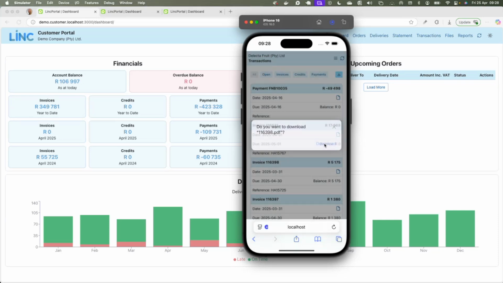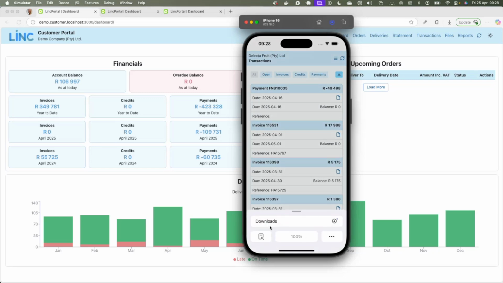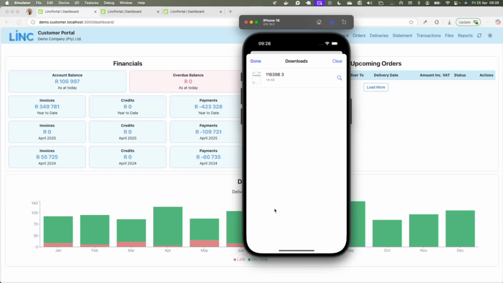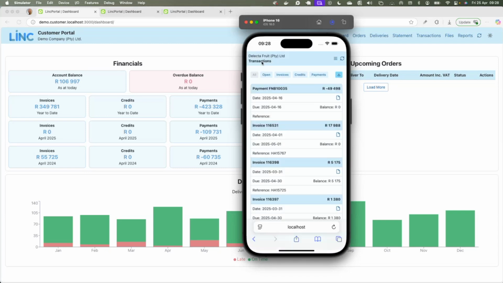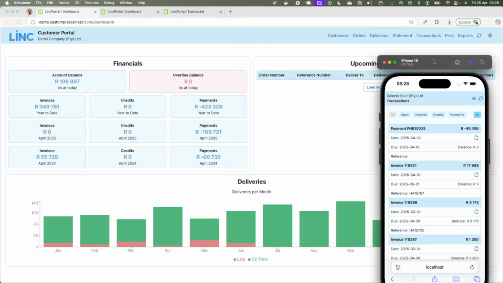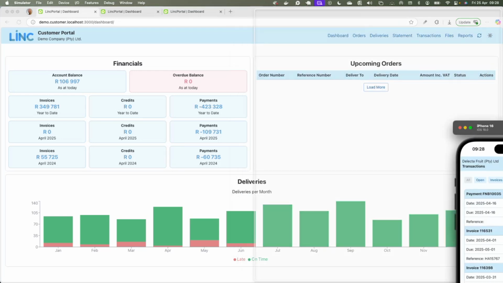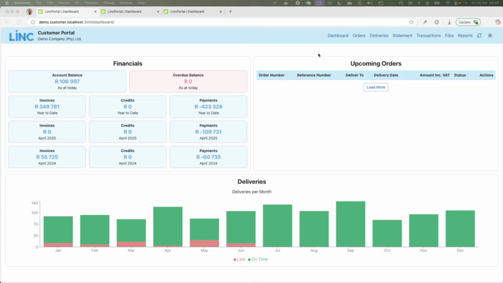In this case, here it downloads a PDF of the invoice on this iPhone, and there is the invoice attachment. Okay, so that's the mobile version of the portal, and that concludes the overview of the portal itself.